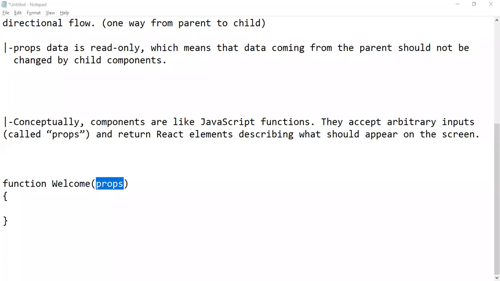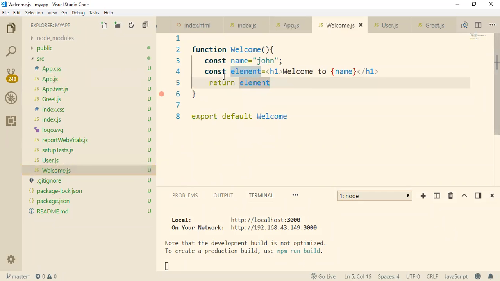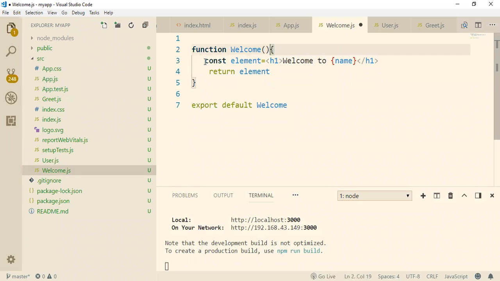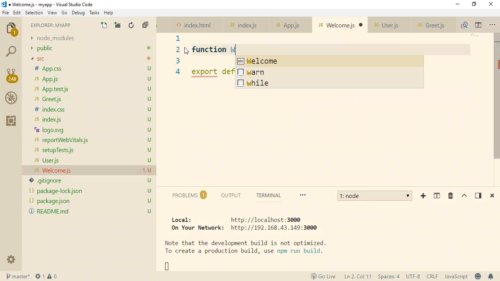Open VS Code. Last class we created the Welcome component, where we were passing the name. Now we are not taking this variable as a static variable. Understand, I'm creating a function component again. I'm defining the Welcome component.